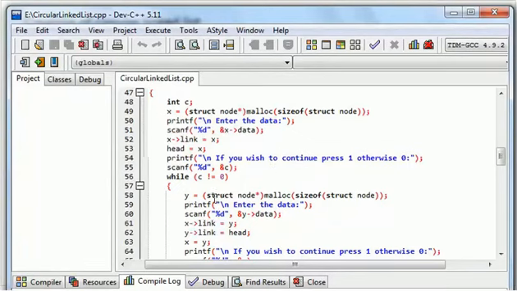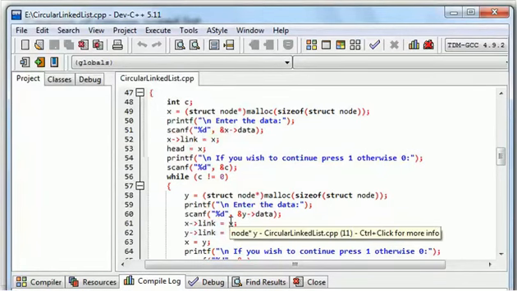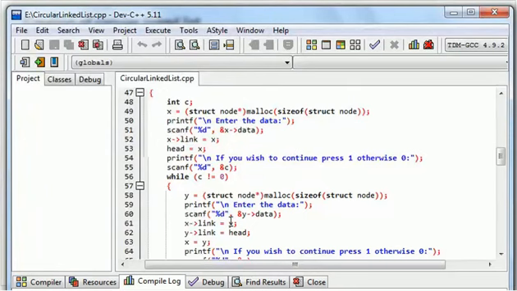So further I have created another node and I have named this node y. So y is containing the address of the second node. The first node has already been created and it's x. y is my second node. Now in the second node, in the data part I am writing something. Now look into the link part. The second node is to be created after my first node. So the link part of my first node, that is x, is going to contain y, and the link part of y, since it's a circular linked list, is coming back to the starting point.